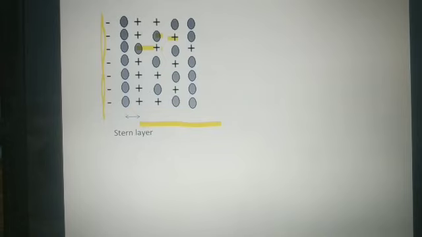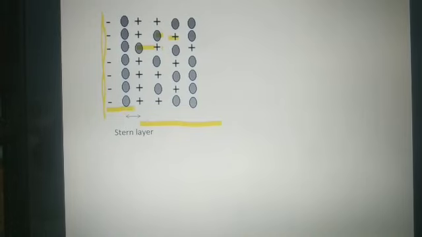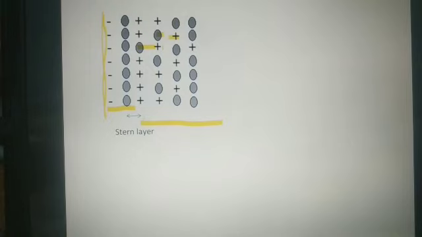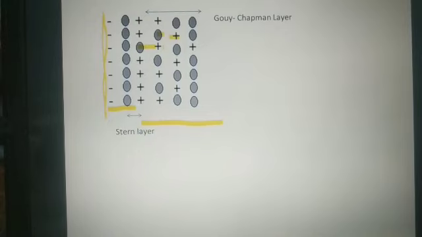So slowly and slowly this development of the charge dies out. The electrical potential or electrokinetic potential is much more prevalent near the microporous material, but it has some influence up to some distance inside the liquid also, and that distance is termed the Gouy and Chapman layer.